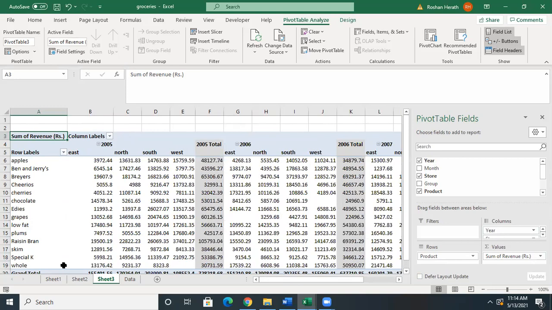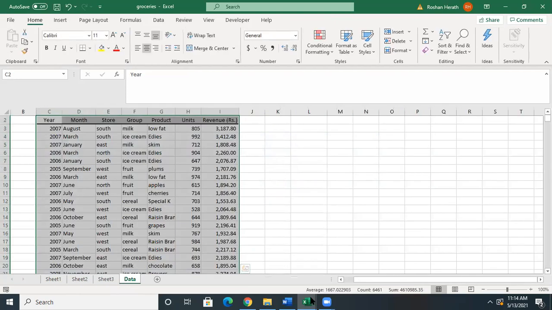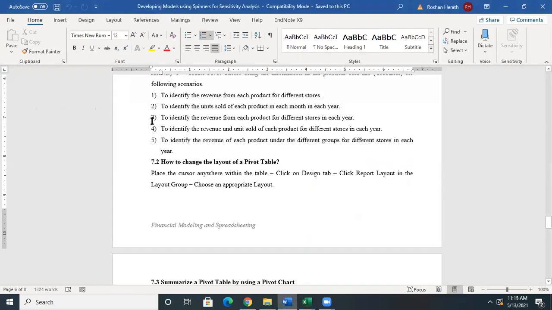Right? Then let's look at the next analysis. To identify the revenue and unit sold of each product for different stores in each year. You need to have each product, different stores, each year, revenue and unit sold, both, to identify the revenue and